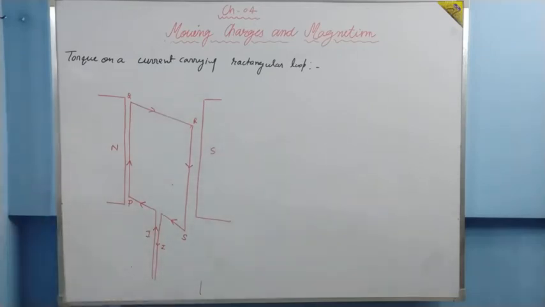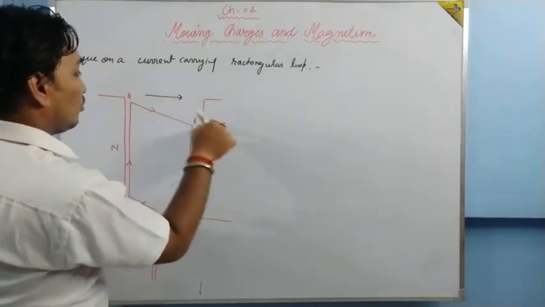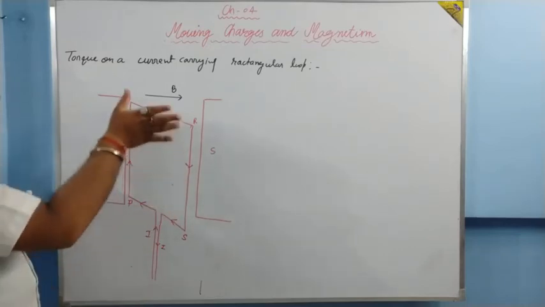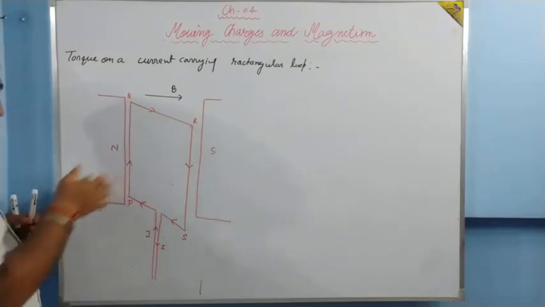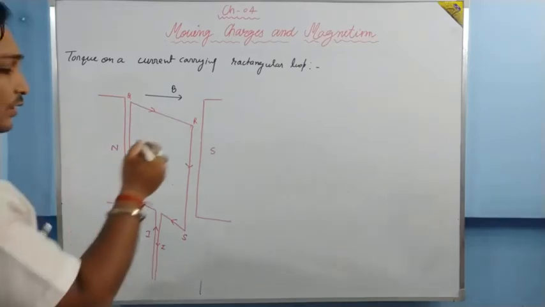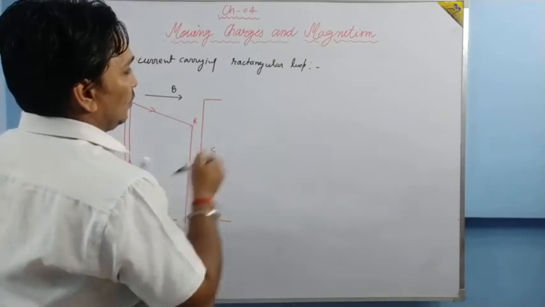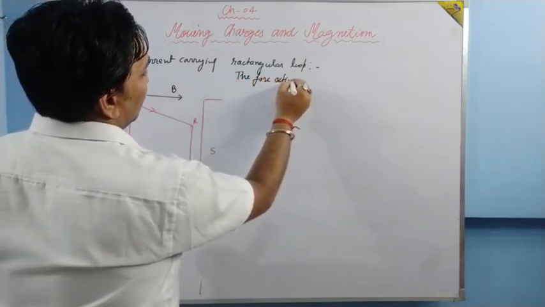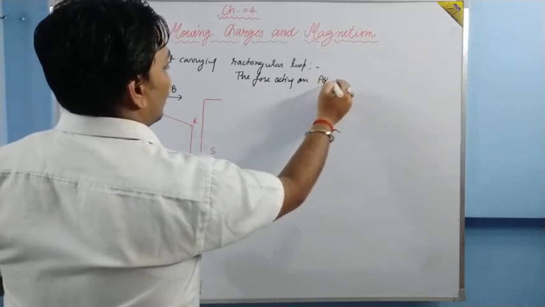Now, how is the direction of magnetic field? As I have told you, the direction of magnetic field is in this direction, from north to south. What is the direction of force acting on PQ? See, magnetic field is in this direction, current is in upward direction, palm face is indicated inward. The force acting on PQ is